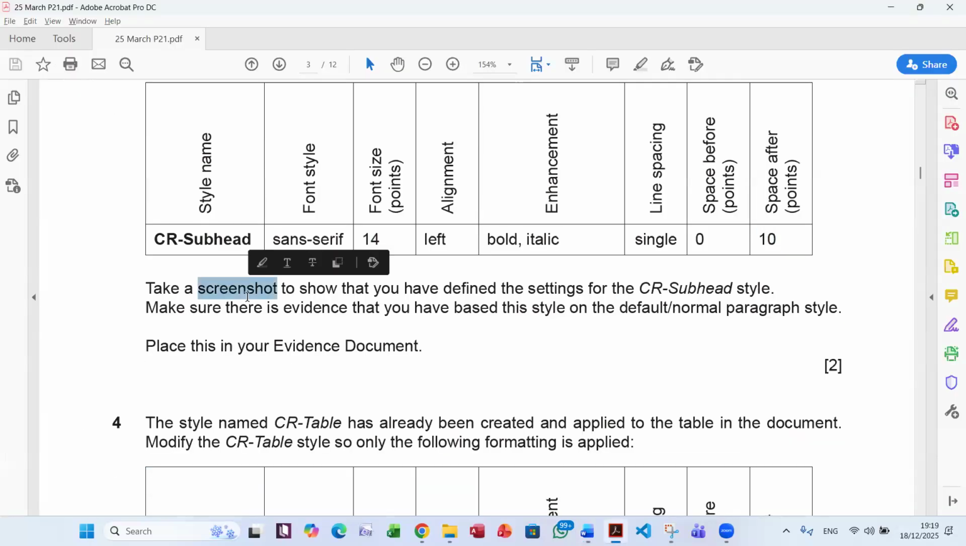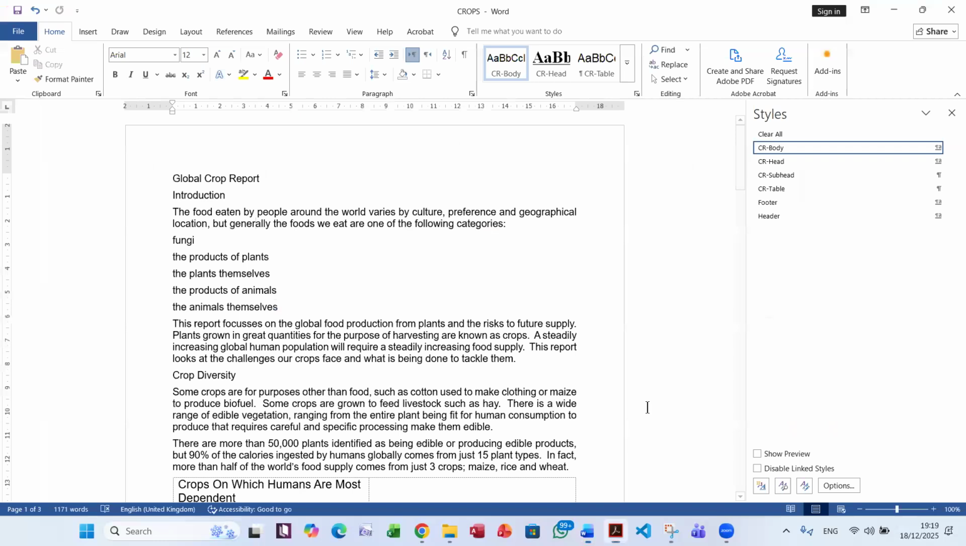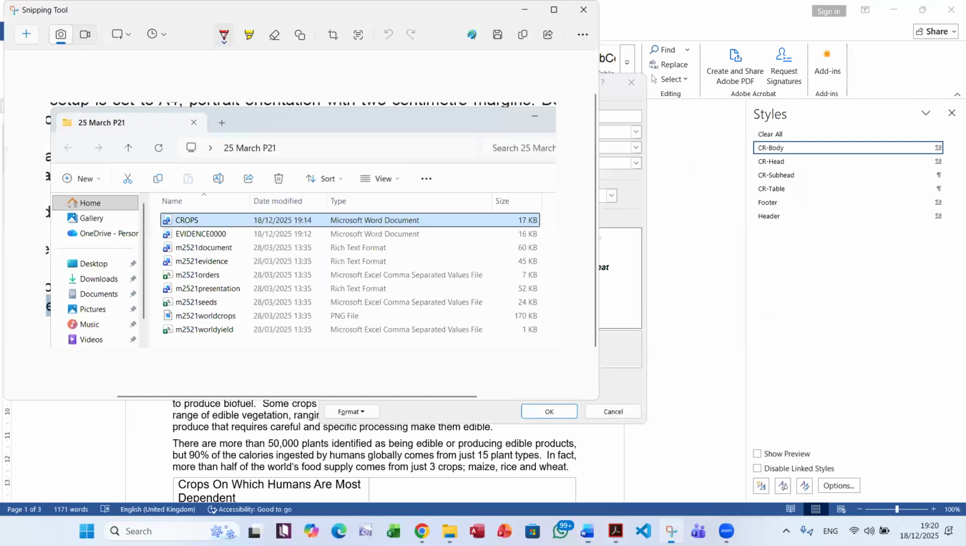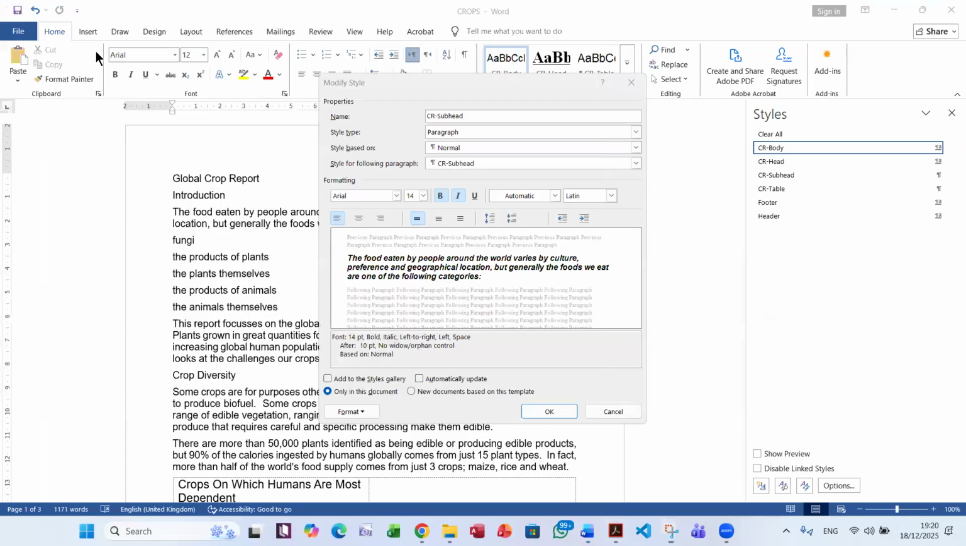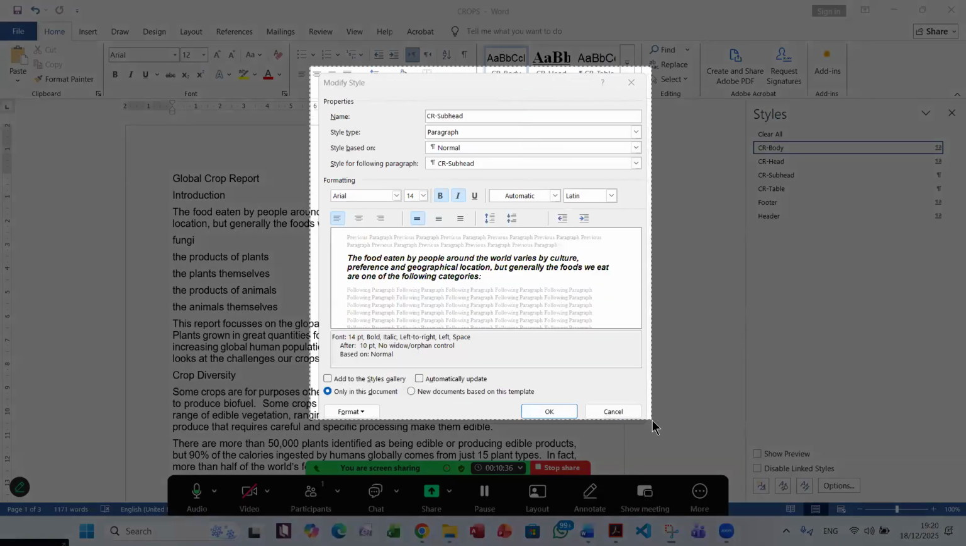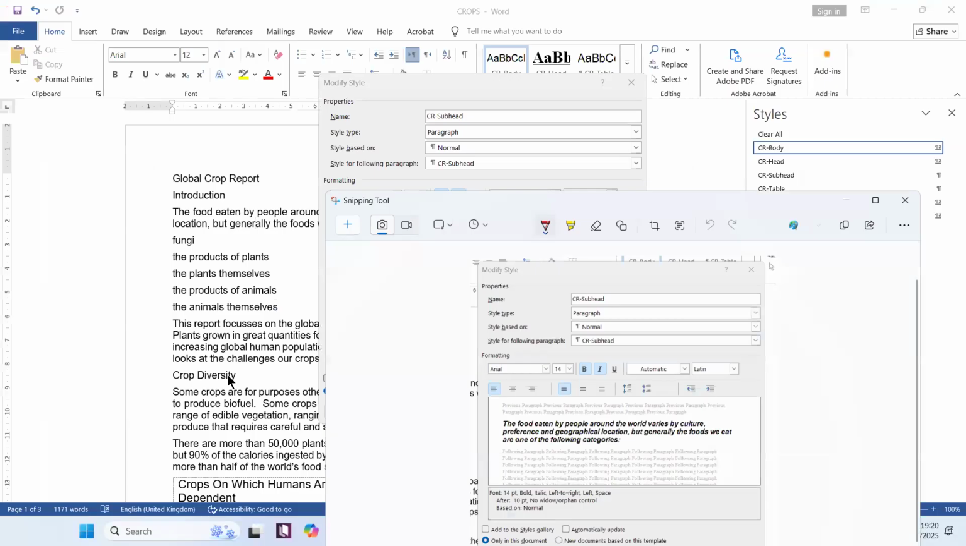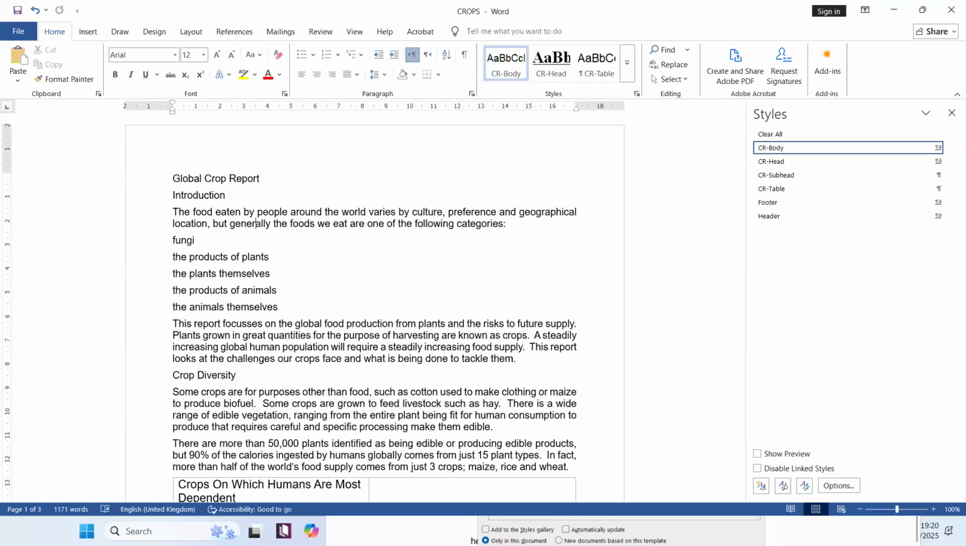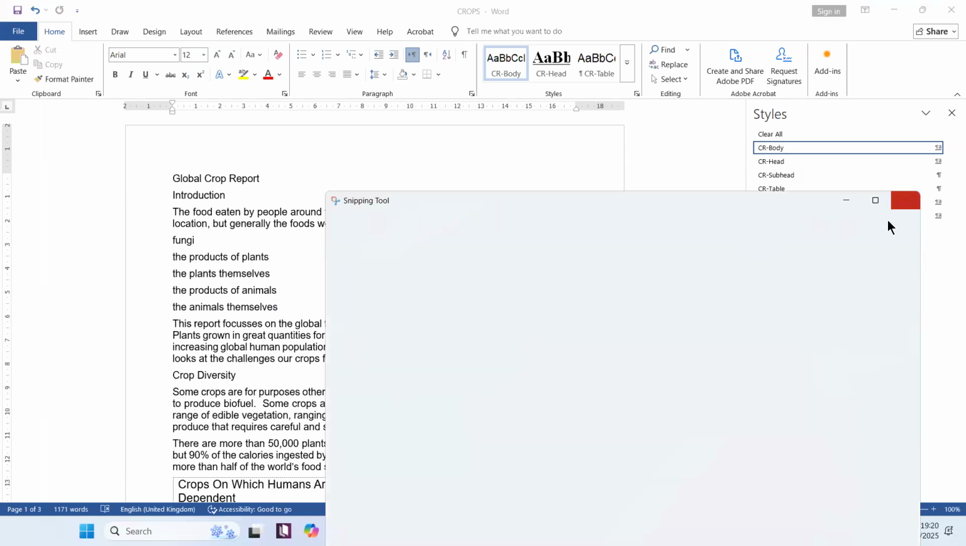Let us take a screenshot to show that you have defined settings for the CR-subhead. Okay, go here to the arrow on the right, right-click, modify. And open the snipping tool again, and new, and take a picture of this. But you need to close this window before you are able to move to the other